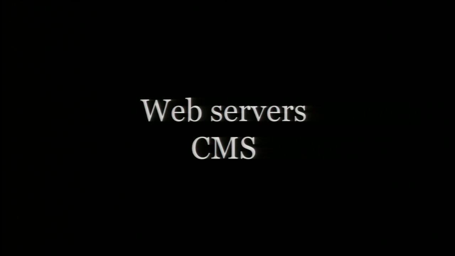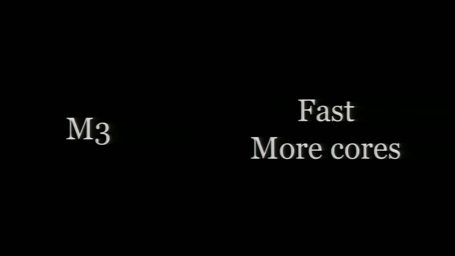And the other application that people use these for are web servers and content management systems, where you need to drive more throughput, where you need to serve requests faster. So it's a great family for that purpose. So the way to think about it is the M1 is a lower cost instance. It provides a lower entry point. You have smaller instance sizes. So if you're running a distributed application that requires just a single core, you want it at low cost, you want to scale out, this is great. But if you have need for speed, as they say, you need more cores, the M3 instance provides sufficiently fast resources for you.